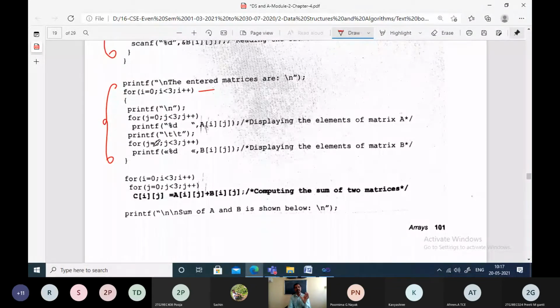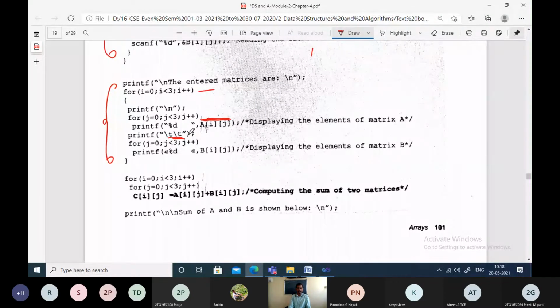What it does here is it will display matrices side by side. That is, for every value of j, we are displaying the value, first a value of the matrix A. Then we are giving two tabs here. See here, we are giving two tabs. That means if the first matrix element you have given something like this, 1, 2, I'll give the demonstration, the things will be clear later. I'll give the demonstration. So what it will do, it will just display the element of matrix A.